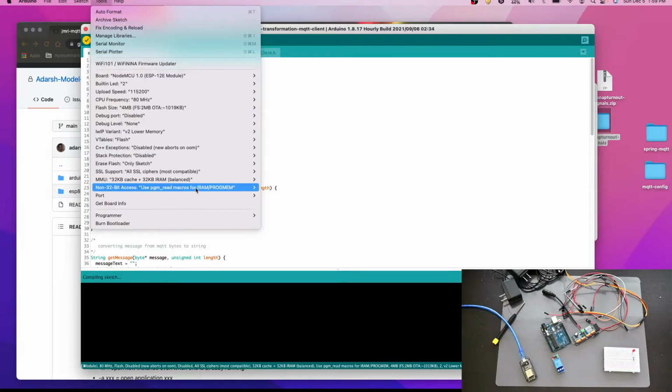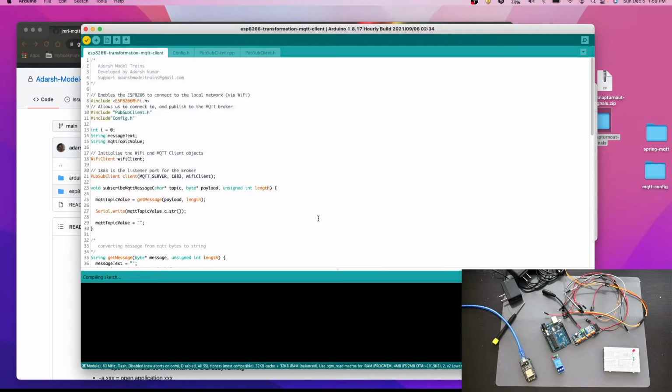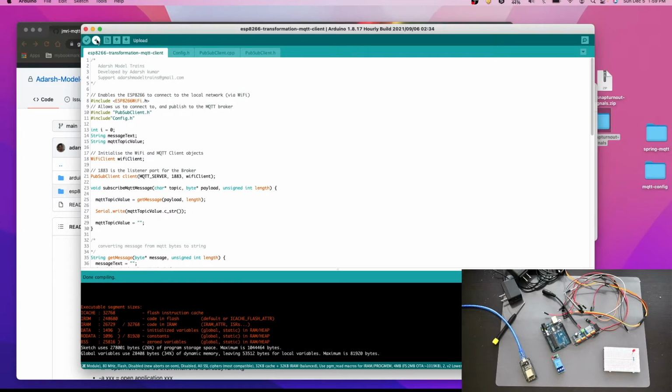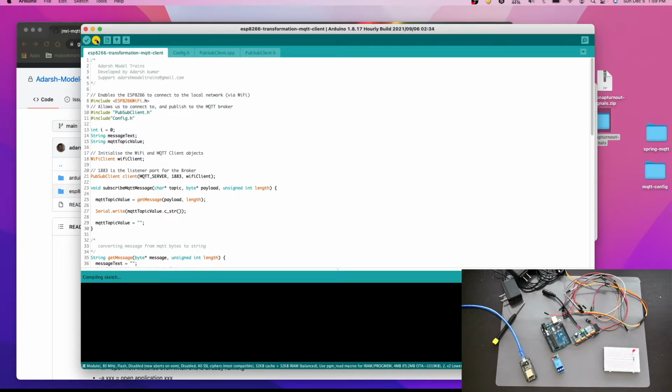Let's compile the code and select the port. Compilation is done. Let's upload the code.